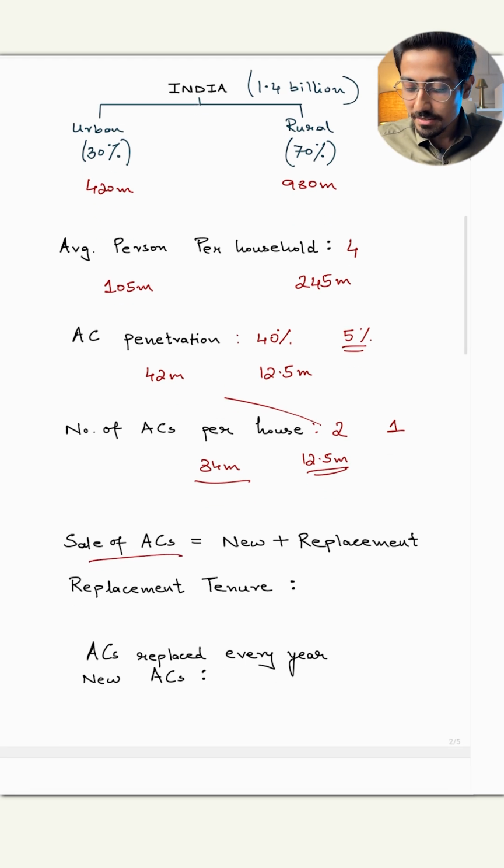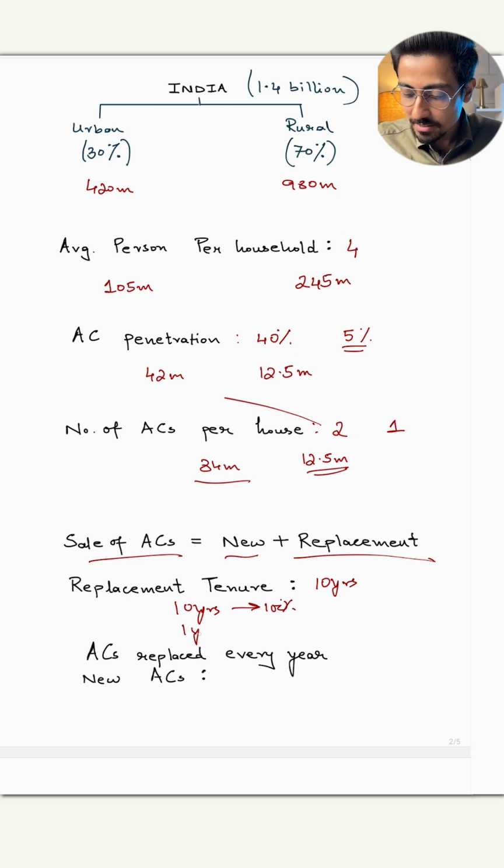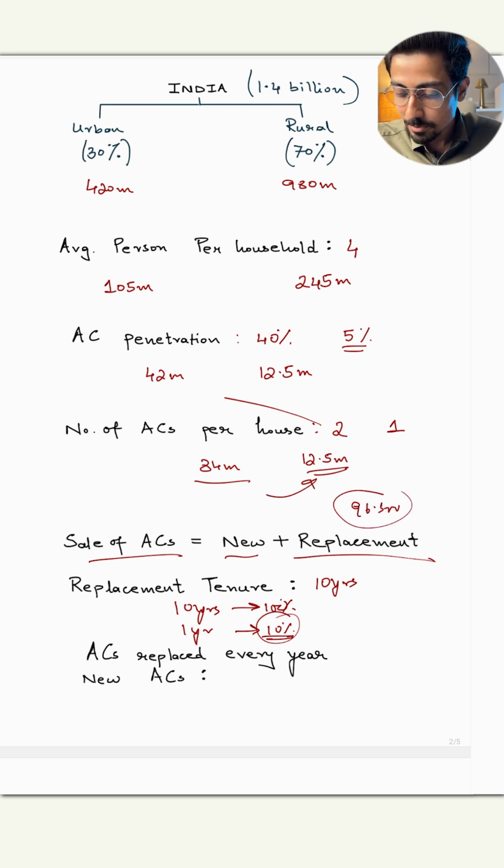So for sale of ACs every year, we will consider it as new plus replacement of ACs. So replacement tenure, suppose every AC needs to be replaced in say 10 years. So in 10 years, you need to replace 100% of the ACs, which means in 1 year you need to replace 10% of the ACs. So ACs replaced every year will be 10% of this, which is 96.5 million. Let's consider that approximately as 9.6 million,